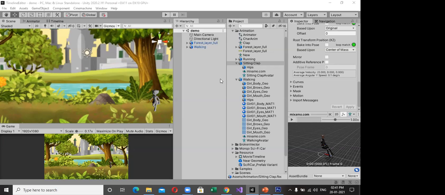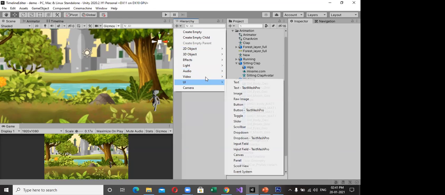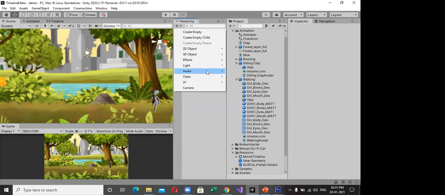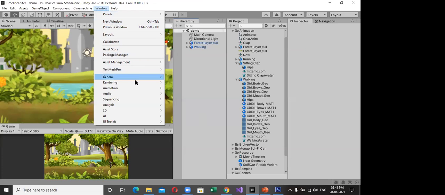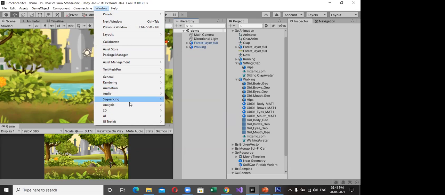Next, we go with the timeline editor. In your timeline editor, create one empty movie clip. Go to sequencing and create a timeline.